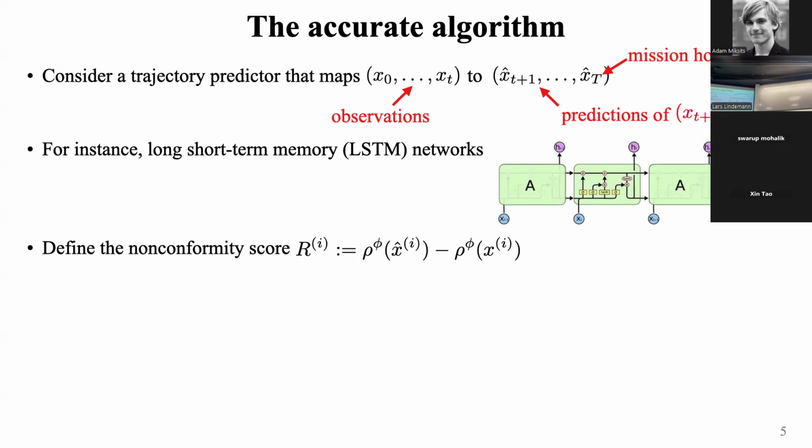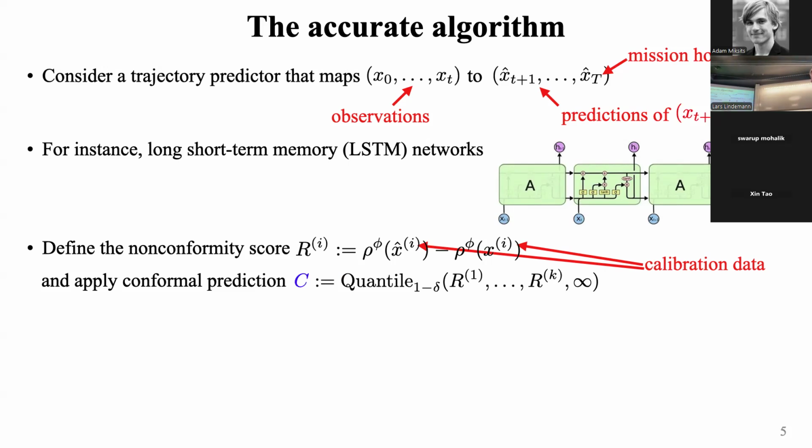And for the accurate algorithm, we can define it directly by choosing a specific non-conformity score. So here we're choosing the predicted performance, you see the X hat over here, minus the performance that we know over our calibration data. So we evaluate this non-conformity score of predicted performance minus true performance. And then we simply apply conformal prediction, again computing the 1 minus delta quantile over these non-conformity scores. And we get right away that with probability no less than 1 minus delta for a test trajectory, the predicted performance that we can compute at the current time minus the true performance that we don't know yet